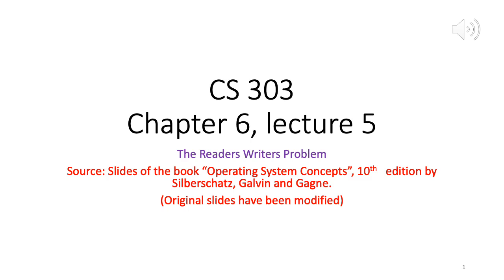So if you recall, in the last lecture we were looking at classical synchronization problems, right? We had established that we do need some kind of synchronization mechanism among multiple processes or threads trying to access and modify common data. When it's just about reading data, the problem is not there. Many processes may read shared data at the same time. There is no problem, but the issue comes in when writes are involved.